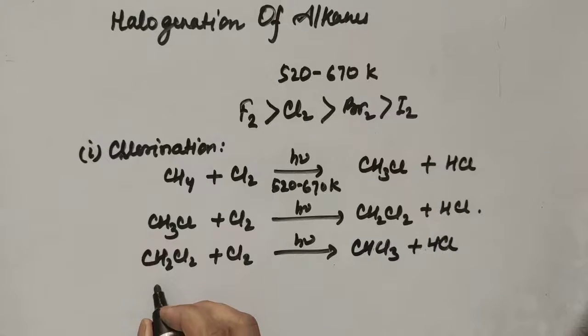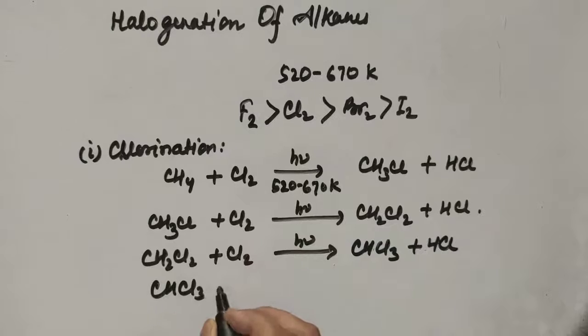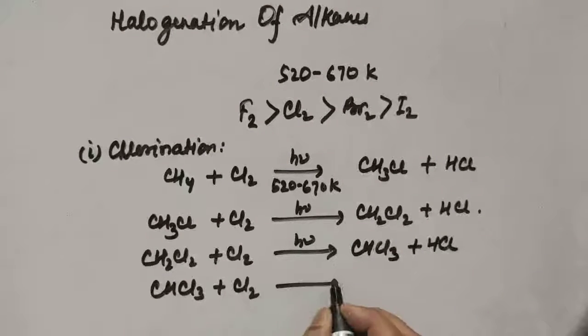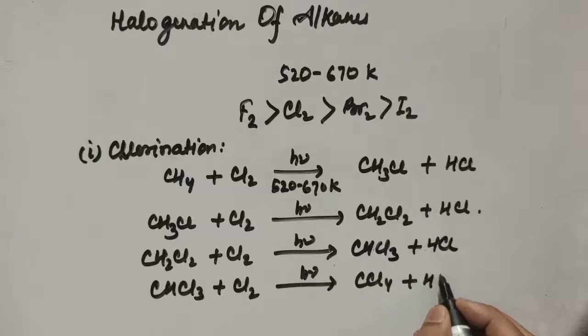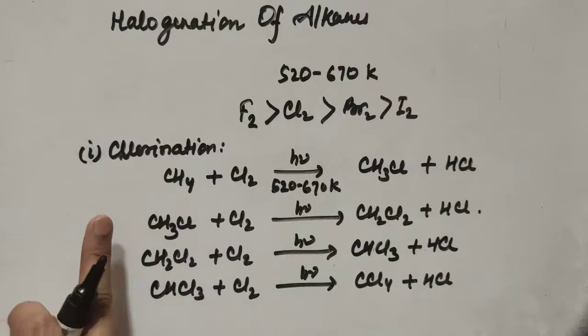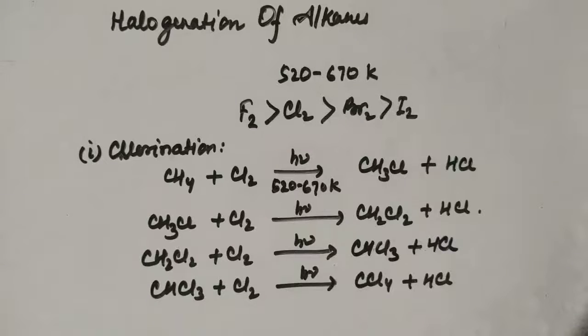And the last one, CHCl3 will react with Cl2, same reaction conditions, and it will lead to formation of carbon tetrachloride plus HCl. So all the hydrogen present in the hydrocarbon will get replaced one after the other with the chlorine atom during chlorination. Okay, similarly in bromination,